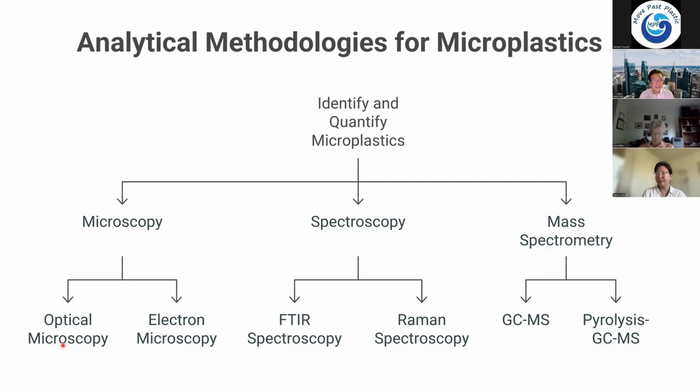However, optical microscopy is sometimes inaccurate because the magnification is about maybe 400 times. So that means we can detect, identify, and count microplastics in the collected sampling media,